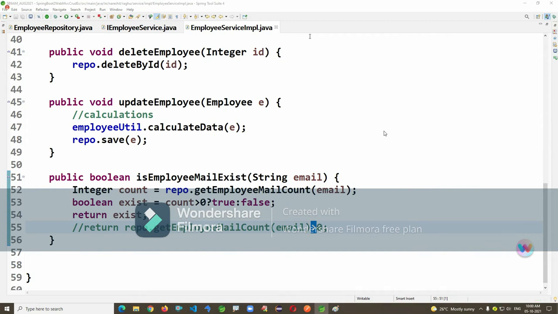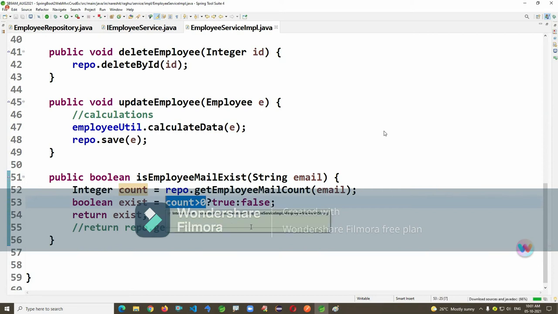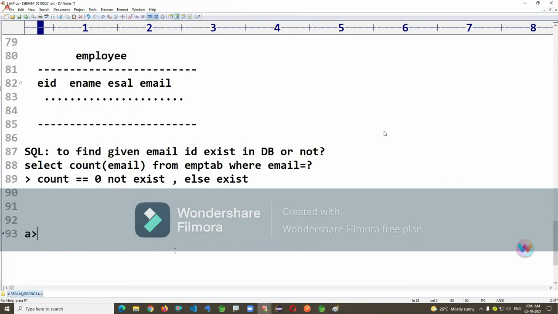If it is true, why again do you need to return true separately? Return this value. If it is true, return this value only. If it is false, return this value. If it is true, then go for the true section; if it is false, then go for the false section. Again, why separately? You can directly return this value only. In the place of count, I wrote this. It's a short format. Now I'm just asking a question: A greater than B question mark true colon false, and A greater than B.